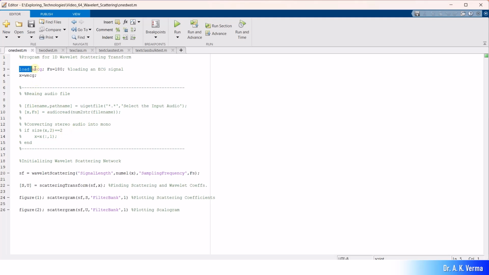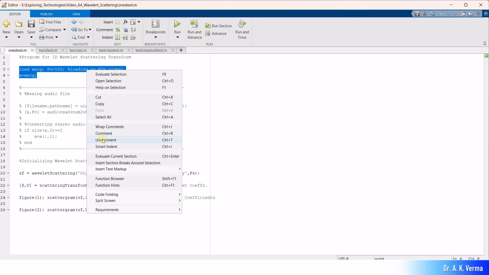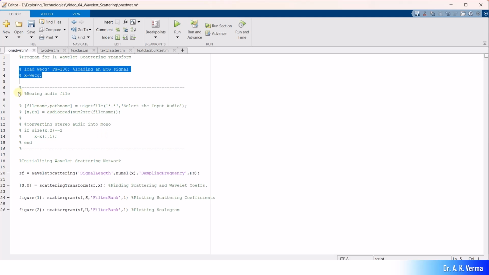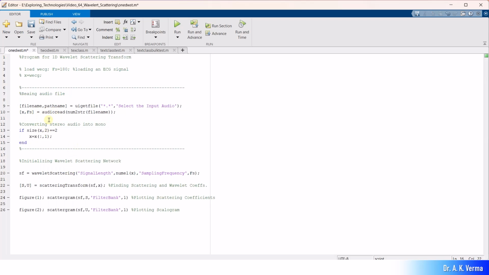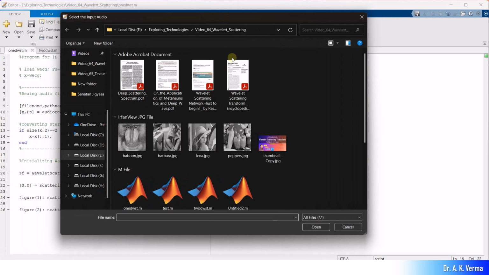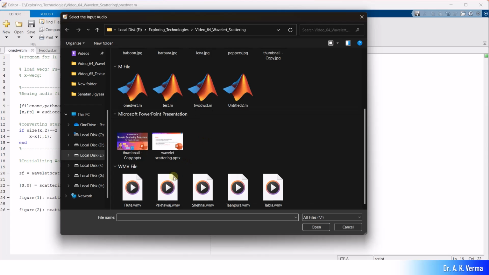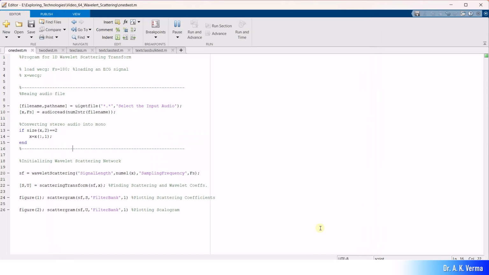I will disable these commands by making them comments, and then enable these commands. So just uncomment them. Now when I execute it, it asks me to choose my function. I can choose my audio. I have different audios, so I'm taking the flute. It's a flute audio of 10 seconds. So when I run it,